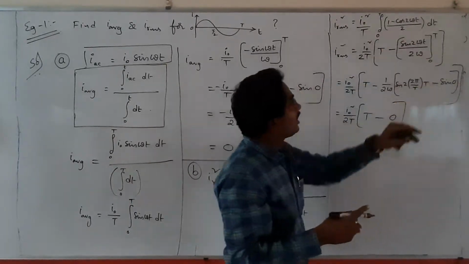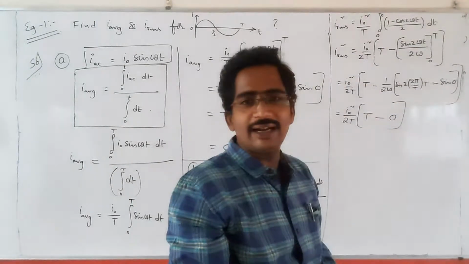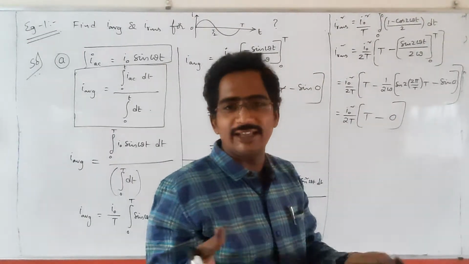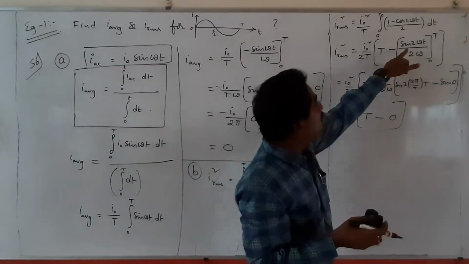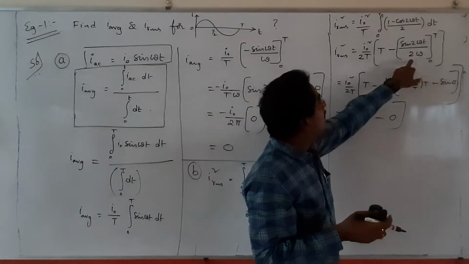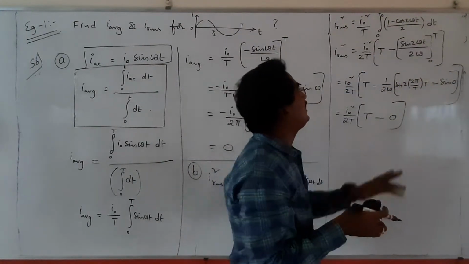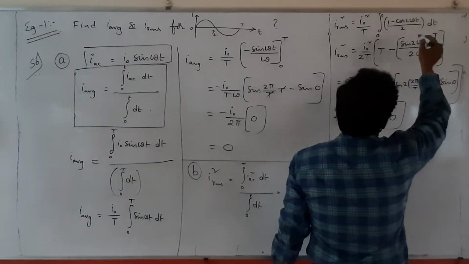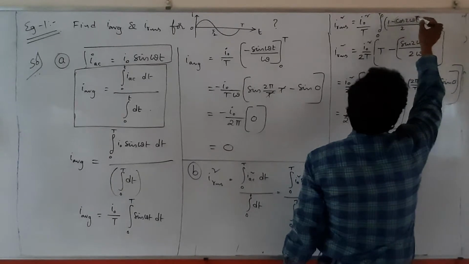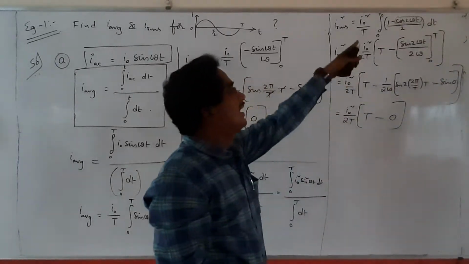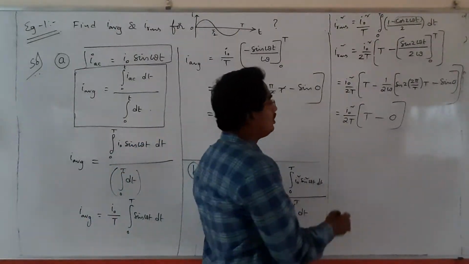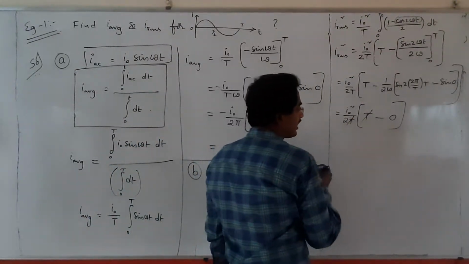So for integral cos 2 omega t dt, wherever you have seen it, that value you simply have to put as 0. How much are we getting? Sin 2 omega t by 2 omega, so its integration value is 0. That integration value here is 0. Okay, so anyhow we have applied the limits and this is cancelled.